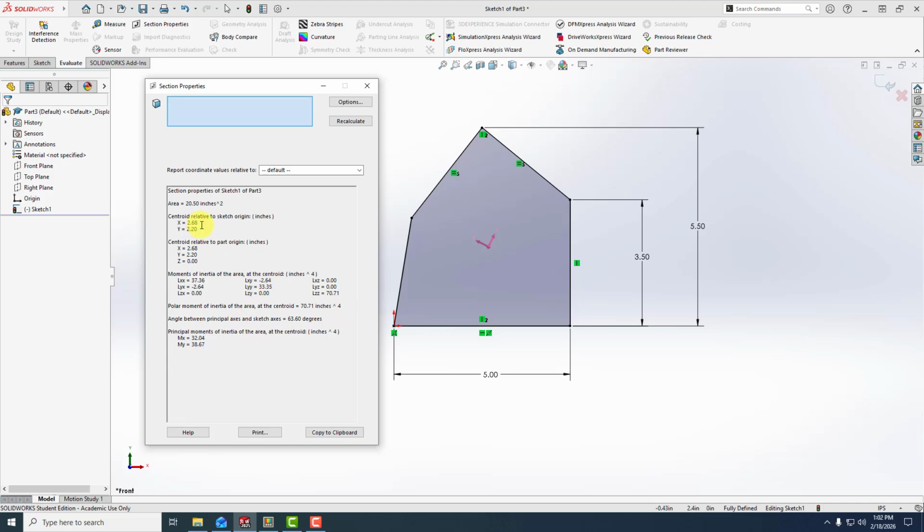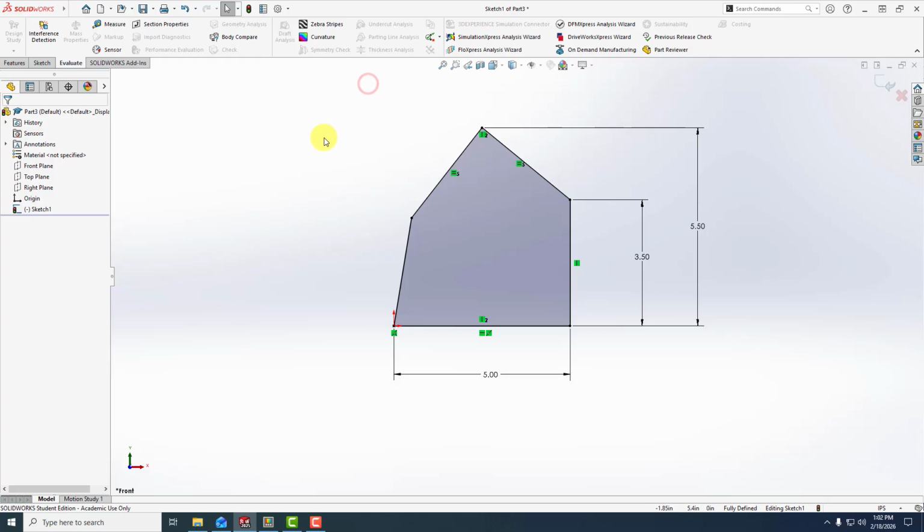is 2.68 in the X. So we look here in the lower right hand corner, we see our XY coordinates. So X positive to the right, 2.68 units, and up in the Y direction, 2.2. So those would be the XY coordinates of this particular shape. I'll say OK. And that I could then make a three-dimensional part out of this by now going directly from